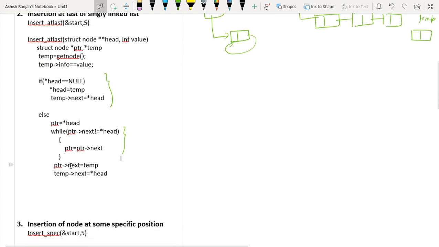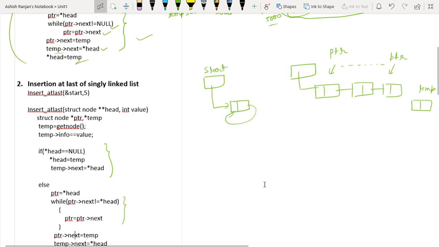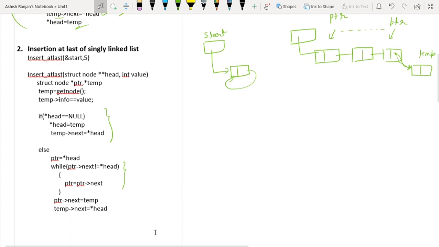We'll shift our pointer to the last node with the help of this case. Again, PTR's next is equal to temp. PTR's next is this portion. This is equal to temp, means the address of temp is stored here, so it will start pointing.